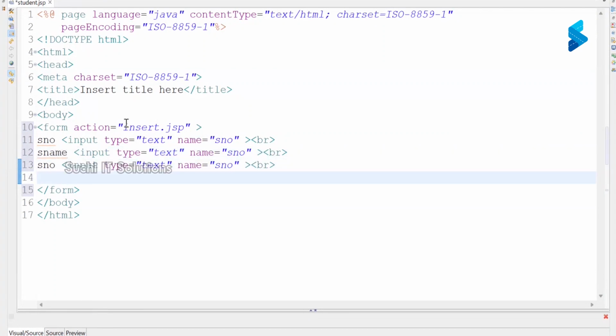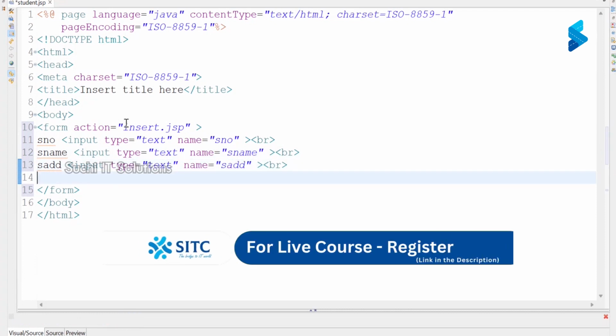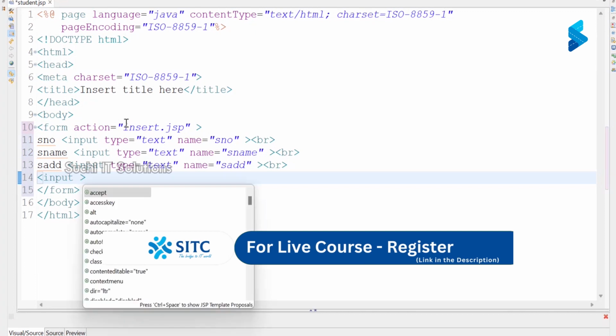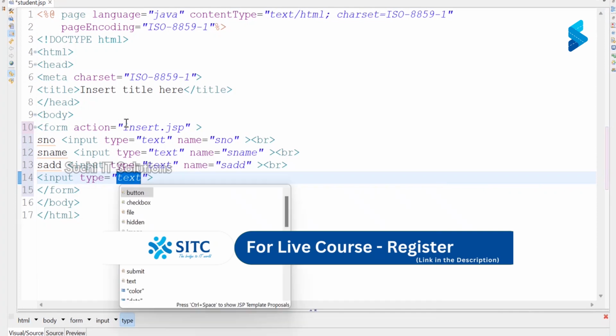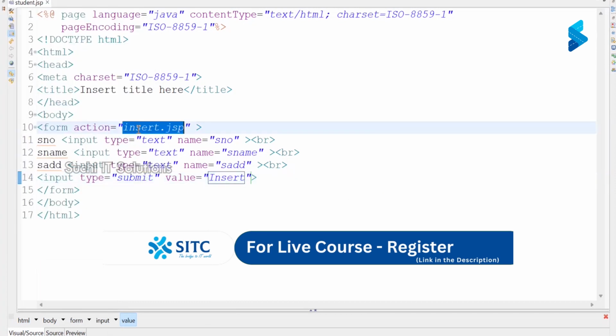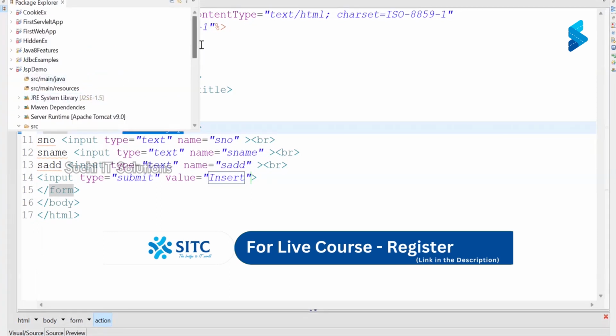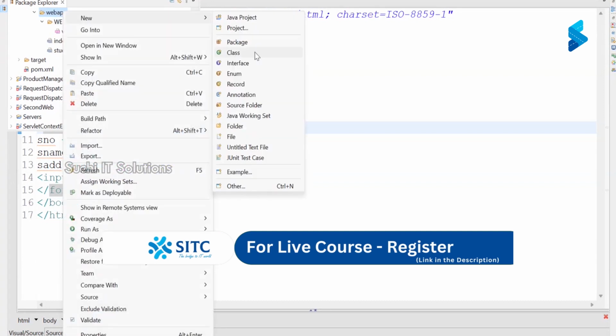Student name, student address. Name. Address. Then here you can write input, submit the value inside. Are you clear, everyone? Then insert.jsp. Where can I write it? Can I write here itself? New